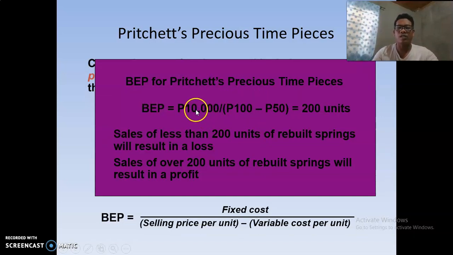Fixed cost is 10,000 divided by selling price per unit, which is 100, minus the variable cost, which is 50. Therefore, the break-even point is 200 units. In other words, if the sale is 200 units, then the result is 0 profit. But if the sale is less than 200 units of rebuilt springs, then it will result in a loss. Greater than 200 units of